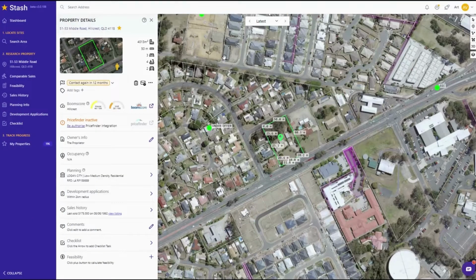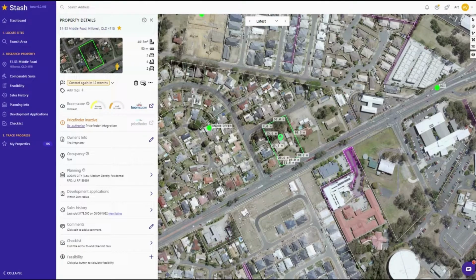Hi everyone, in this video we're going to cover off some of the new features in Stash v3. What I'm showing you today is our beta version, just getting ready for the video to be released. So it might change a little bit over the coming weeks. However, you should get the general idea of the layout of everything and each of the buttons and where they